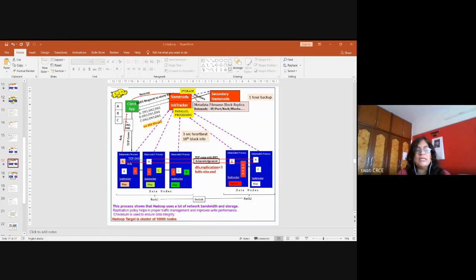Okay, the next lecture will be with the proper algorithm of matrix multiplication. So if you have to perform matrix vector multiplication or matrix multiplication, then how it is done with MapReduce programming will be covered in the next lecture.